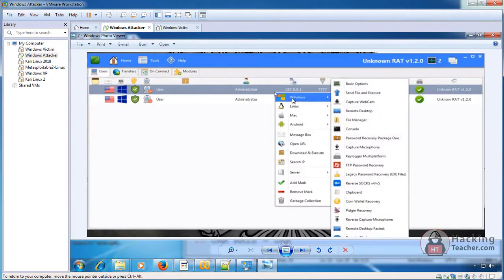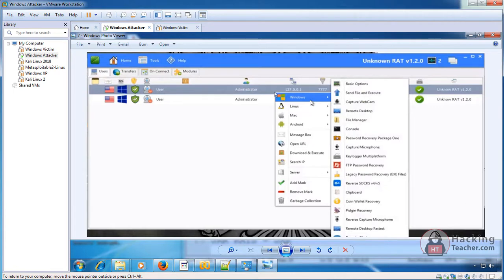If you can see, it can hack Windows, it can hack Linux, it can hack Mac, and it can also hack Android. Now you will think, yeah, this is the best. But somewhere, I would say no. What's the reason? This is a Java RAT, and Java is multi-platform. Java you can install on the Mac, on the Linux, and on the Windows.